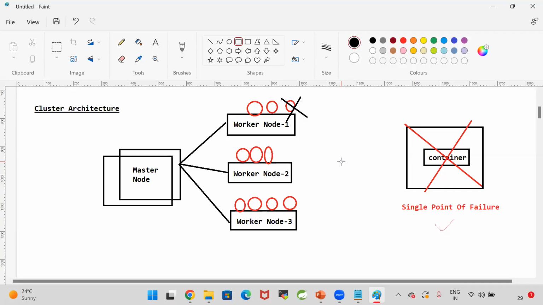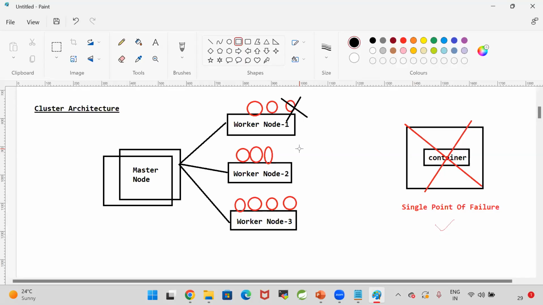How is Kubernetes going to manage our containers? Kubernetes will execute in the cluster, right? What is a cluster? A cluster is nothing but a group of servers. Here, a master node will be available and worker nodes will be available. Now, as a DevOps engineer, I will give the task to the master node: Hey, Kubernetes master node, this is my Docker image. You create 10 containers for this Docker image. Then the Kubernetes master node will take my request and schedule the tasks to the worker nodes. 10 containers will be created across the 3 worker nodes. Like this, you can take multiple worker nodes and multiple master nodes.